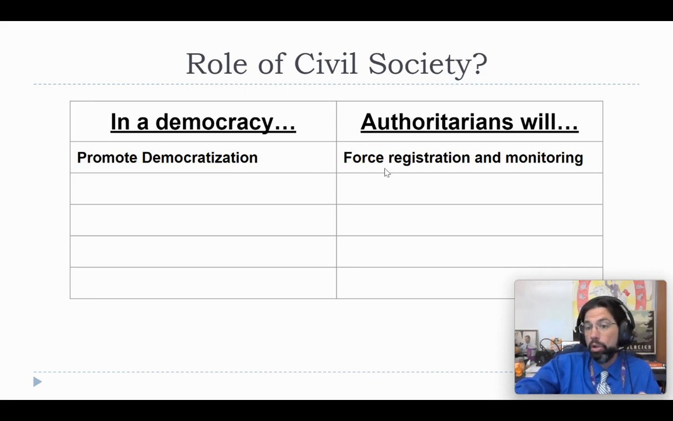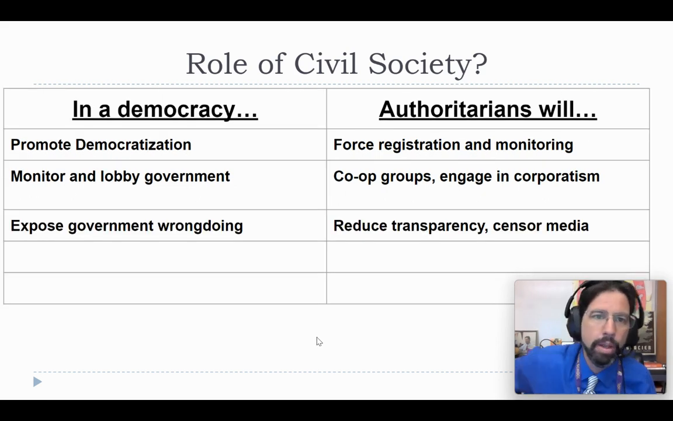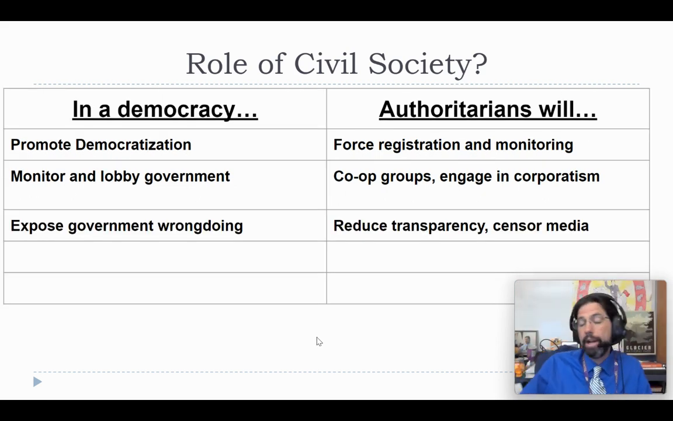Authoritarians will actually use civil society as a way to register and monitor certain groups that exist out there to control them. In a democracy, civil society monitors and lobbies the government for change. Authoritarians instead co-opt those groups and engage in corporatism to prevent groups' access to the authoritarian government. In a democracy, civil society is going to actually expose government wrongdoing. Authoritarians will actually censor the media and reduce transparency to specific organizations, not allowing them to have access to